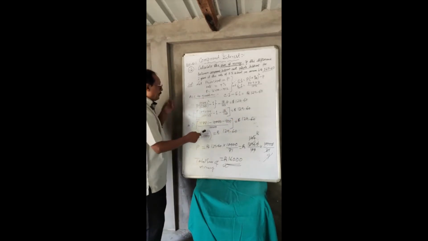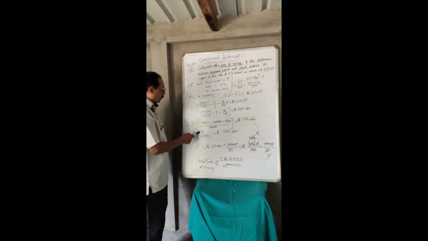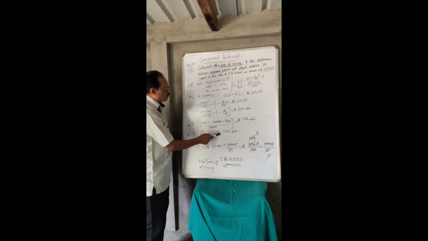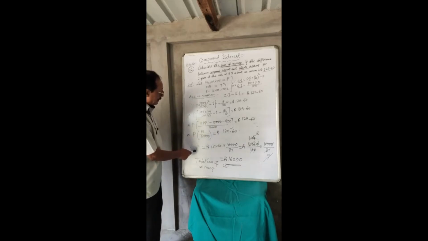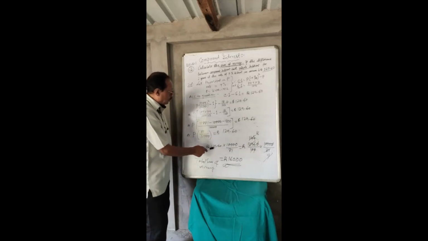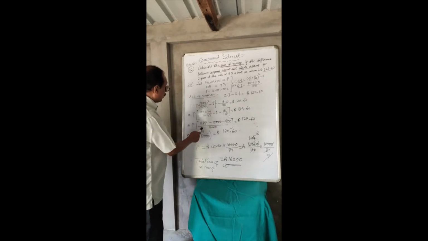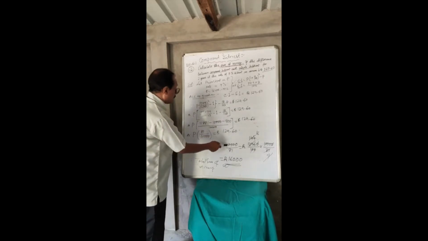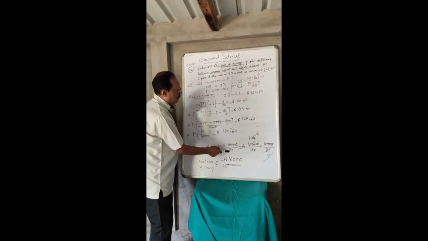So simplifying these two, adding and subtracting from here, you will be getting 81 by 10,000. P into 81 by 10,000 will be equal to rupees 129.60. So the principal is equal to rupees 129.60 into, when it is going that side, the numerator will be coming as a denominator, and the denominator will be coming as a numerator. So that's why it is multiplying by 10,000 and dividing by 81.